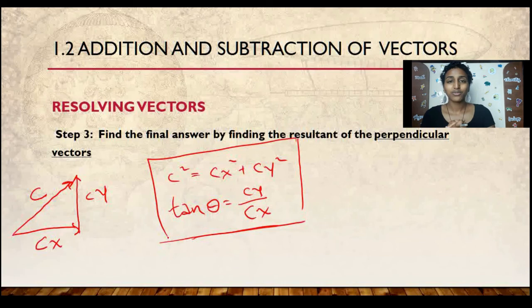That's it. Let's go through the steps again. The first step, you find the components of the vectors. Split the vectors. Divide the vectors into an x and a y component. Second, for the two vectors, or even three vectors, four vectors, any amount of vectors, add all the parallel vectors together. So add all of the y's together, add all of the x's together. Once you do that, you're going to find one vector in the y direction and one vector in the x direction. So we know that the x and y are definitely perpendicular. So all we have to do is find the magnitude and the direction of the final resultant vector. And that's how you resolve vectors.